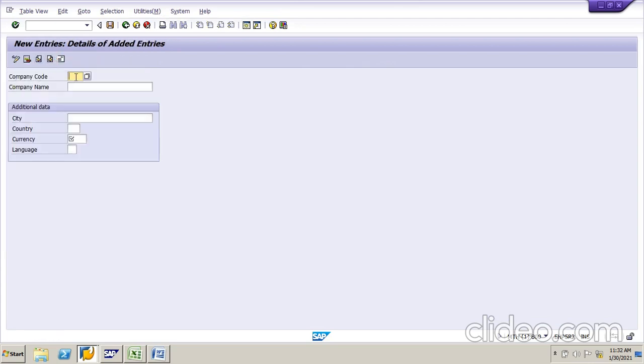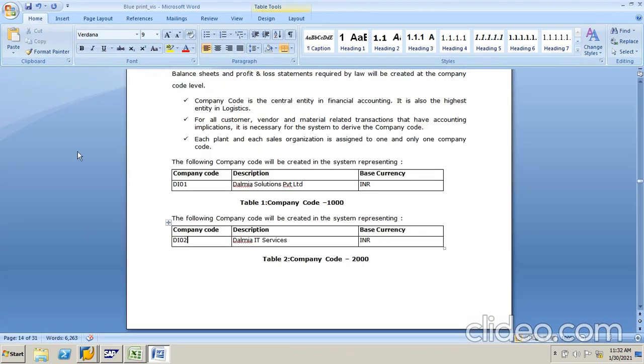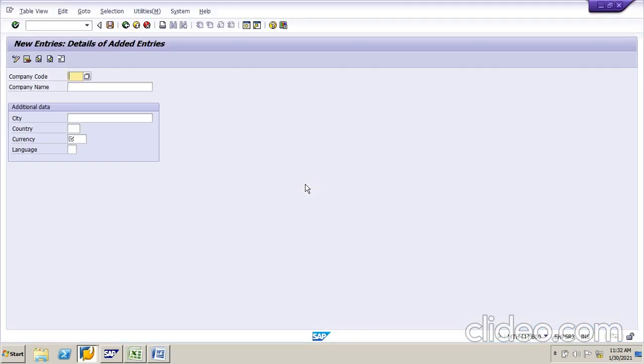First one is the company code. What is your first company? This is the first company, DI01, Dalmia Solutions Private Limited. City, where is this city?